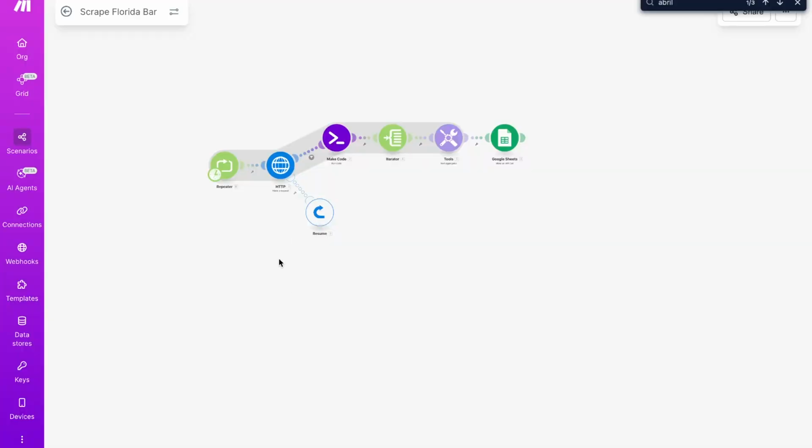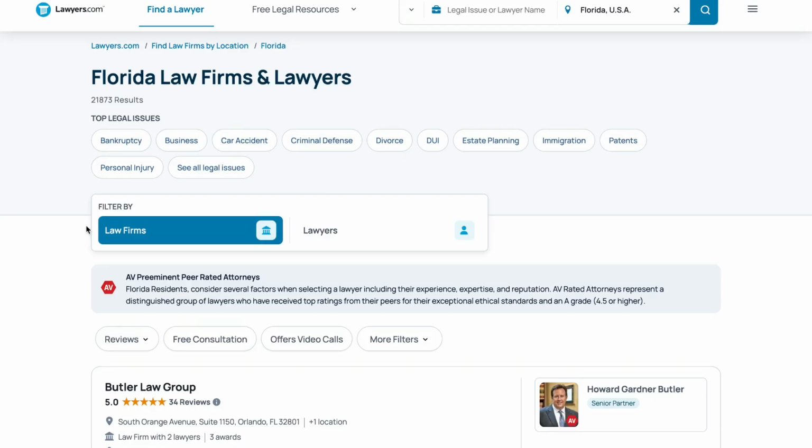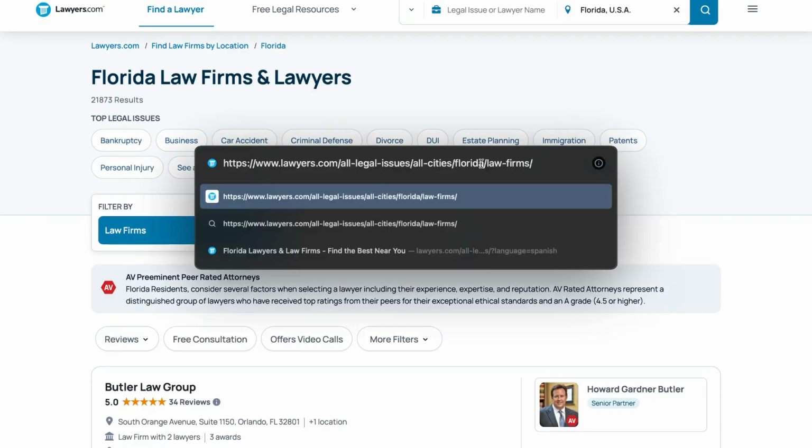Now, the Florida Bar directory was very convenient because when we made the request inside the HTTP module, it returned a successful response. Sometimes that's not the case. So, for example, if we wanted to scrape lawyers.com and we take the URL of the page, and let's go back into Make,